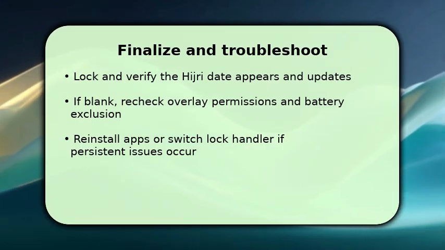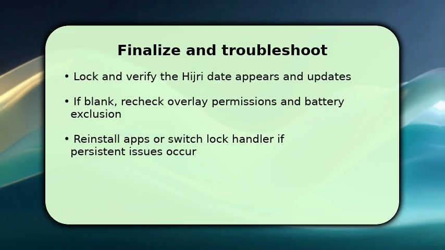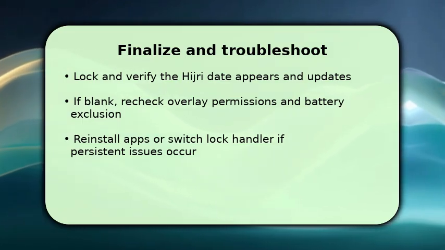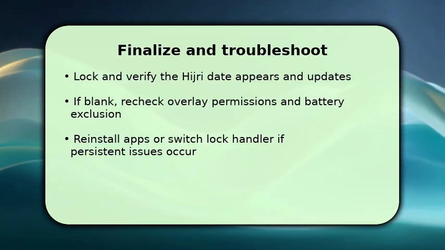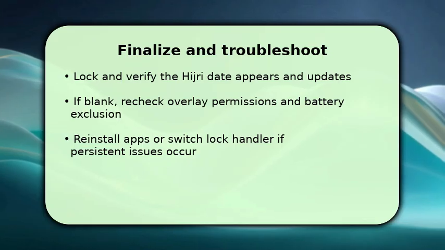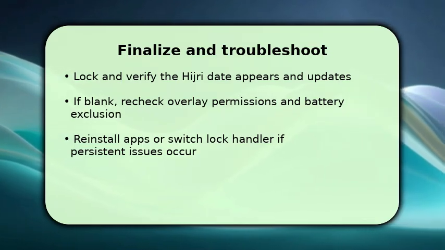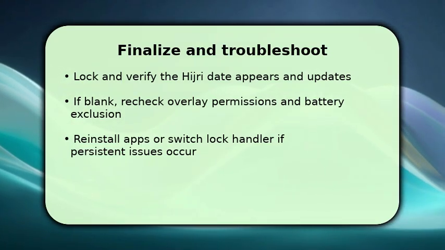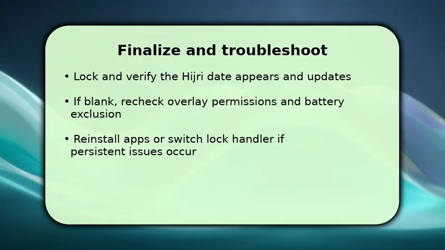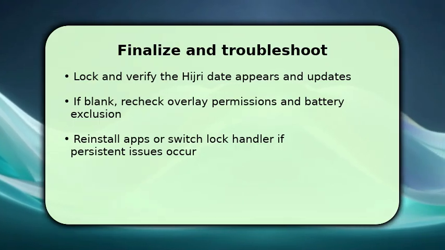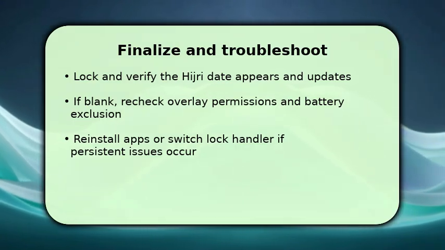If the widget is blank or not updating, unlock, reopen both apps, and recheck overlay and notification permissions. Also ensure battery optimization is disabled so background updates run. If the widget still fails, try removing and re-adding it, reinstalling the Hijri app, or temporarily switching the default lock handler back and forth to reset system hooks. That single troubleshooting step, verify permissions and battery exclusion, fixes most